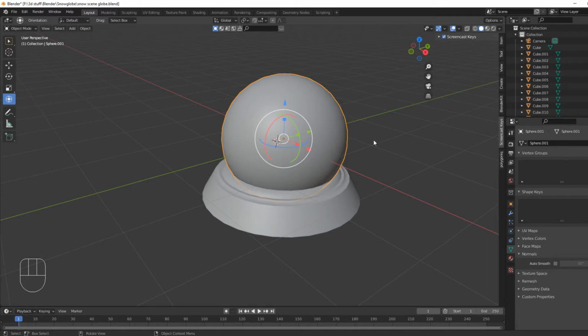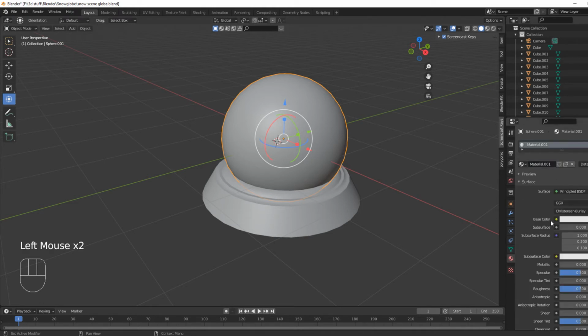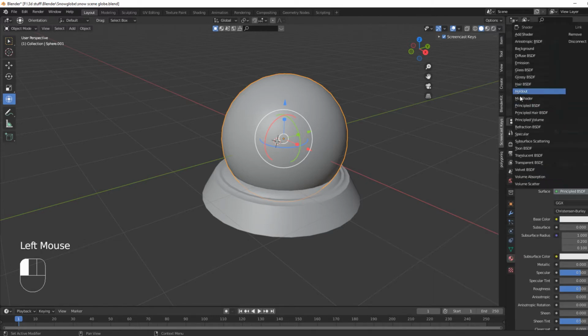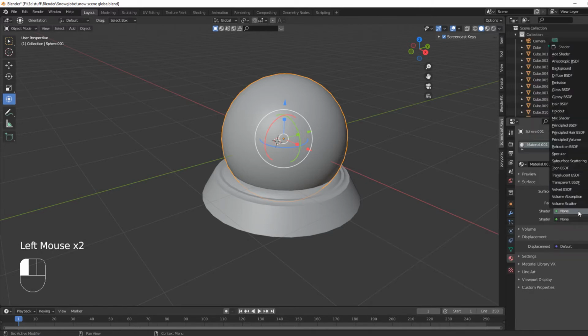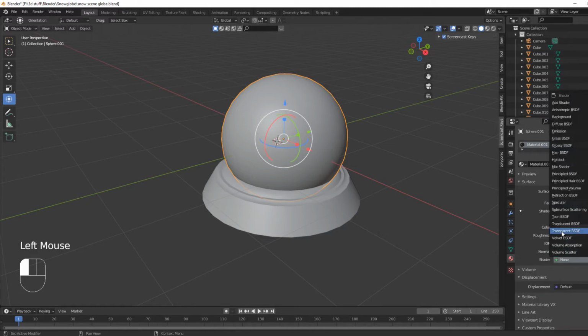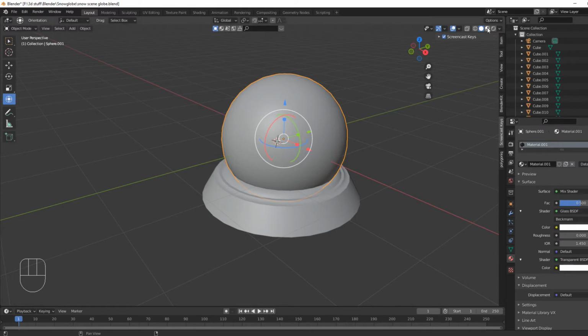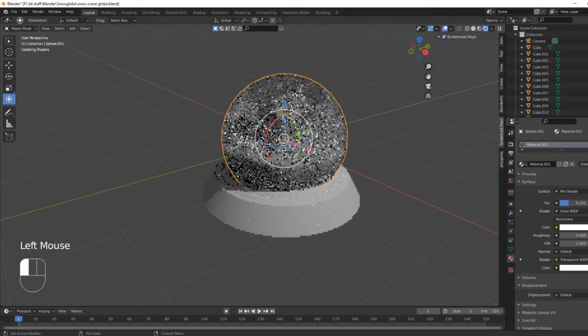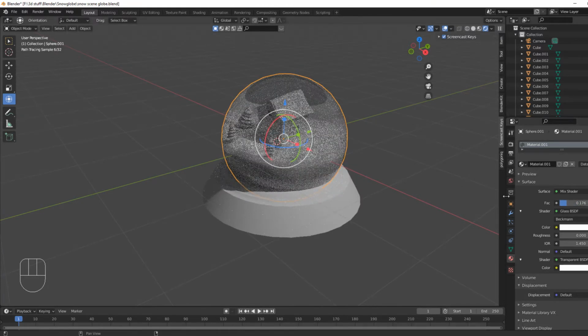So the globe obviously is glass. So I'm going to chuck in a mix shader. One's going to be glass, one's going to be transparent. I'm going to bring that down. The lighting,